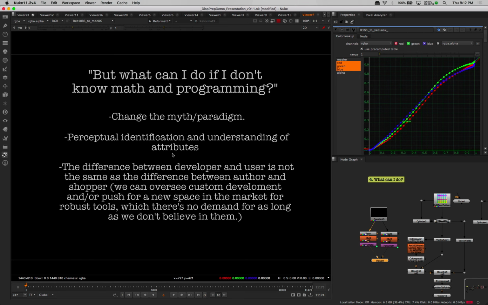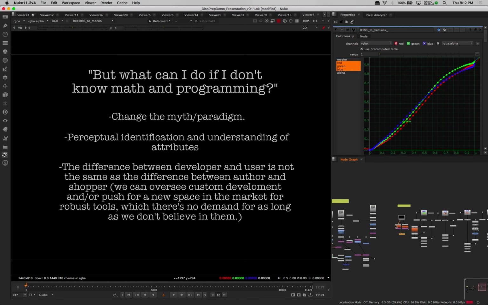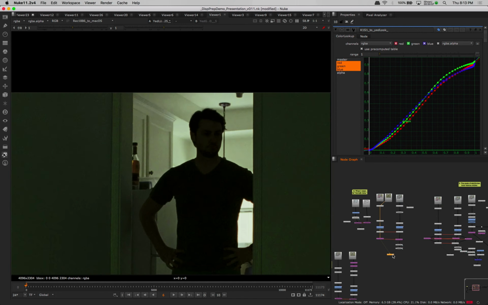Another thing we can do is perceptual identification. So even if you don't know how to do the algorithm, like I've literally written my own algorithms from scratch where I'm writing code. I'm not using any off-the-shelf plugins. I'm really saying the math of I want this pixel to be transformed that way. But you don't need to do that to really get involved, because if you can start to recognize, as I said in the demo, the building blocks of what makes the image, you can start thinking about reassembling them in different ways. And the example was I was showing you the halation, and that's a pretty great example,